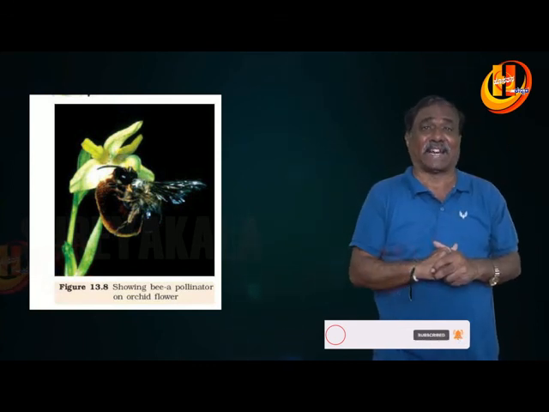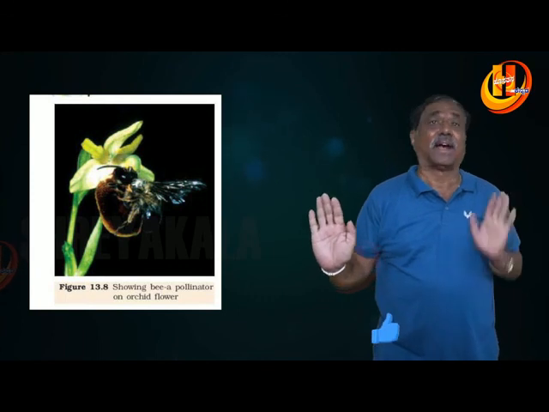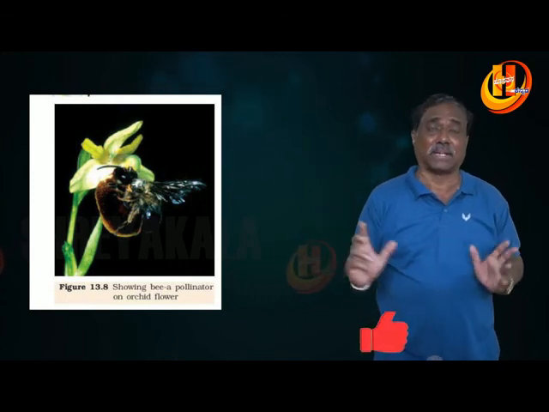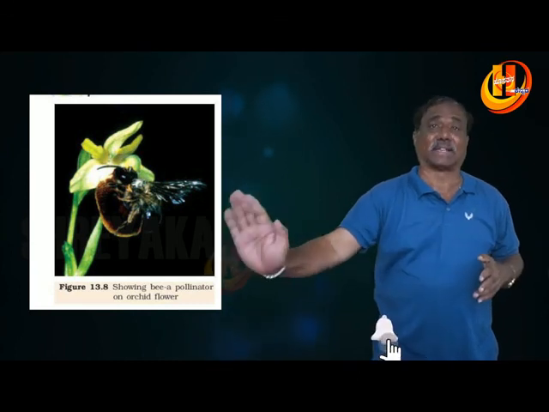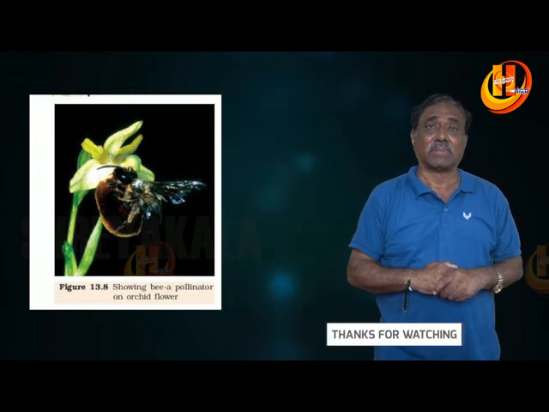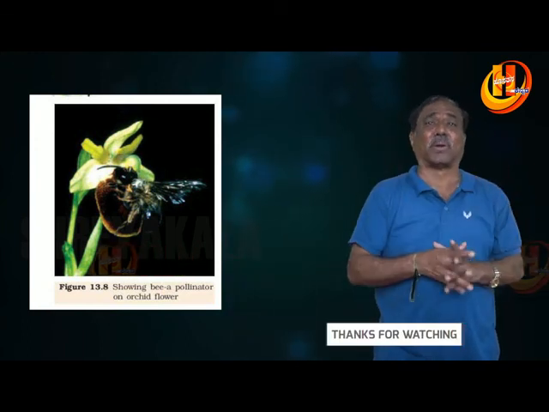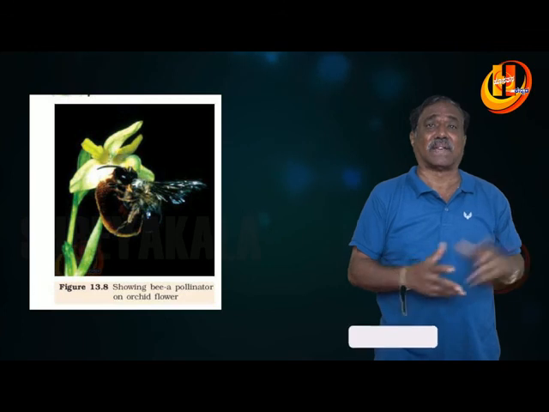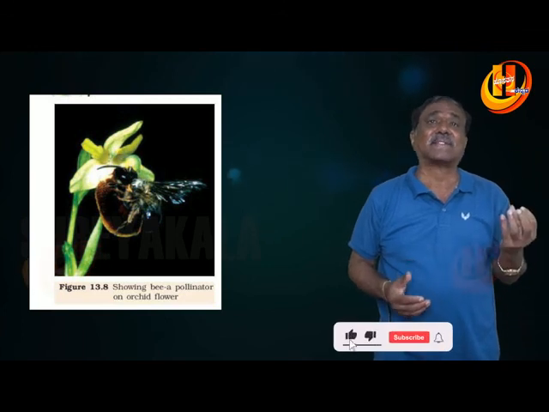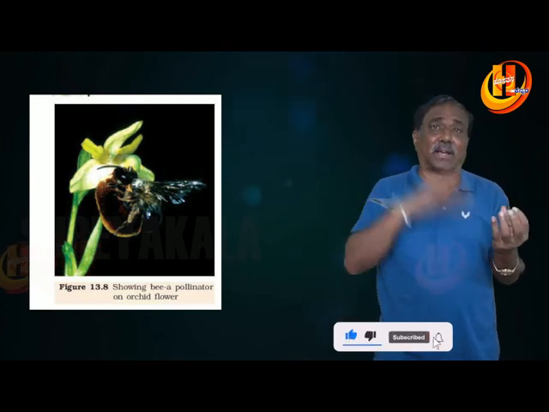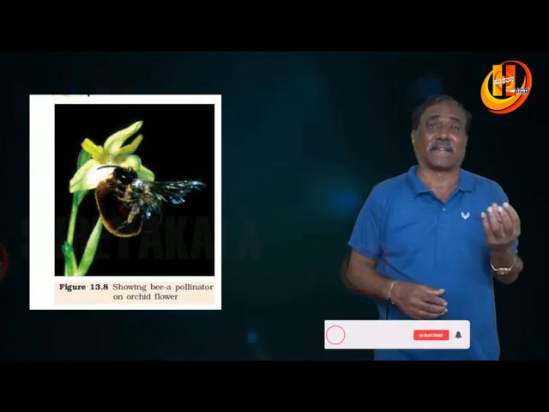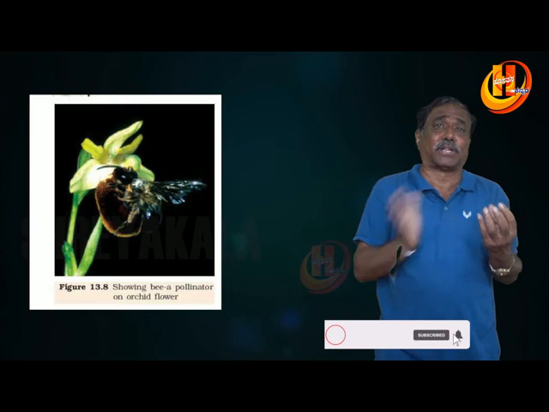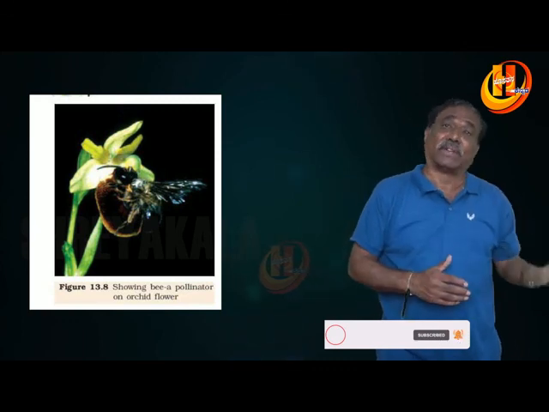Amensalism is a kind of interaction where one is inhibited, the other one is not harmed. For example, the Trichoderma fungi inhibits the growth of other fungi. That is also very, very important. And here and there, biological control is also given. For example, for the cactus, certain moths are imported to control it, and even for Parthenium, the carrot grass, certain insects are imported just to control one organism with another, that is called